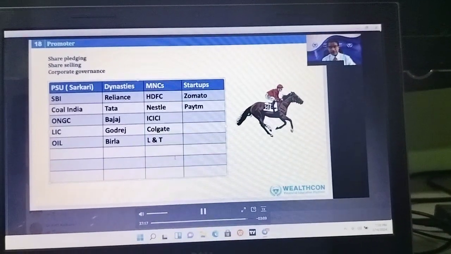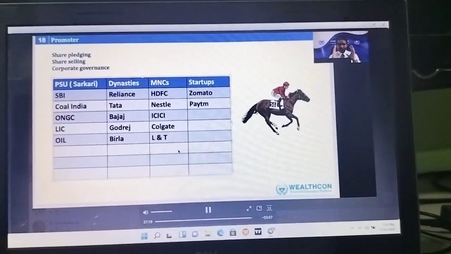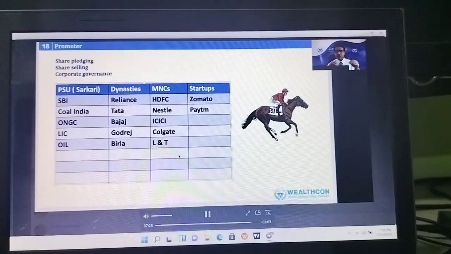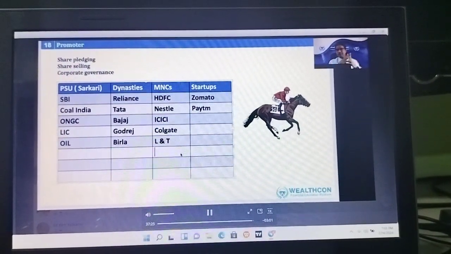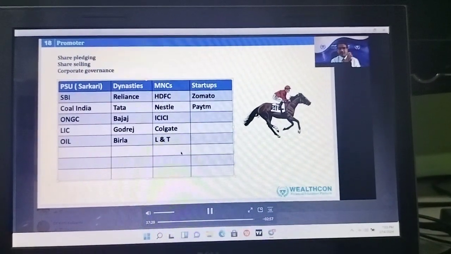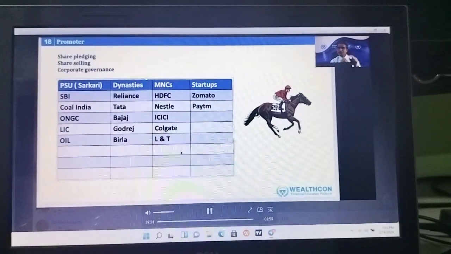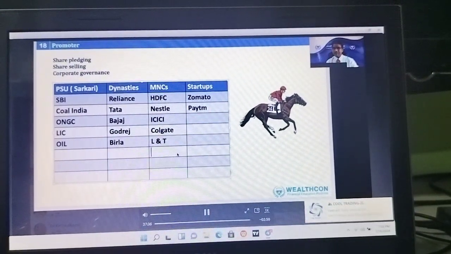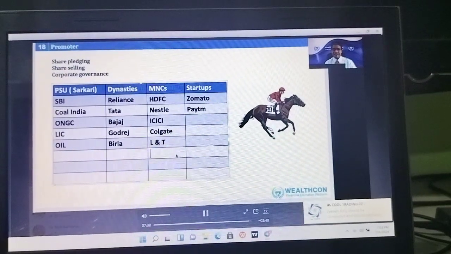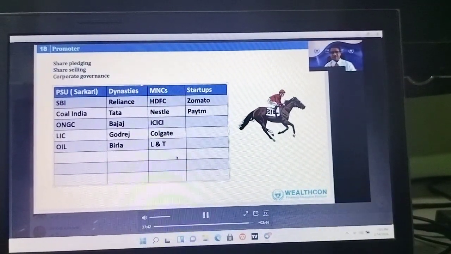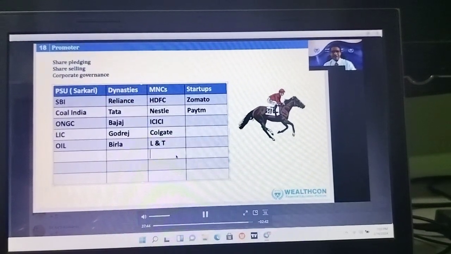HUL, Hindustan Unilever. Why am I talking about this? Because MNCs have global operations. They have good corporate governance, which is a very important factor for long-term growth. ITC. Sarkari companies are not good for growth, but they are good for dividends. Sarkari companies are good for derivative trading. So don't neglect Sarkari. SBI, ONGC, Coal India are very good for collecting dividends and doing asset